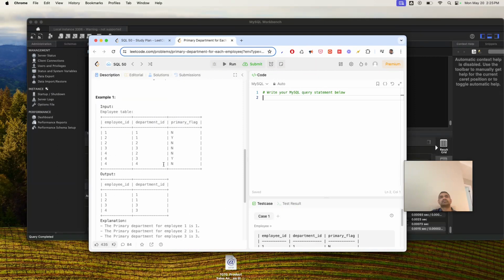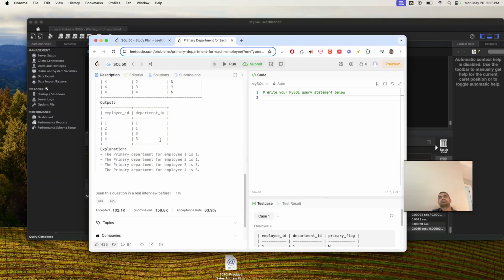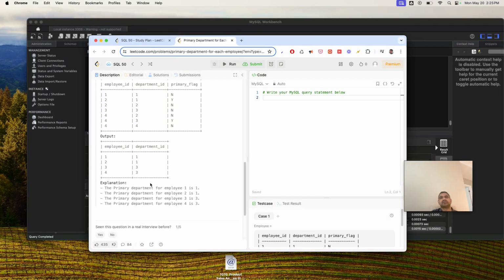You need employee to be unique, and the employee ID is not unique in this table, but the output should be unique, employee ID and the department ID. So this is the department that's primary. So the primary department of employee one, from this table you can see